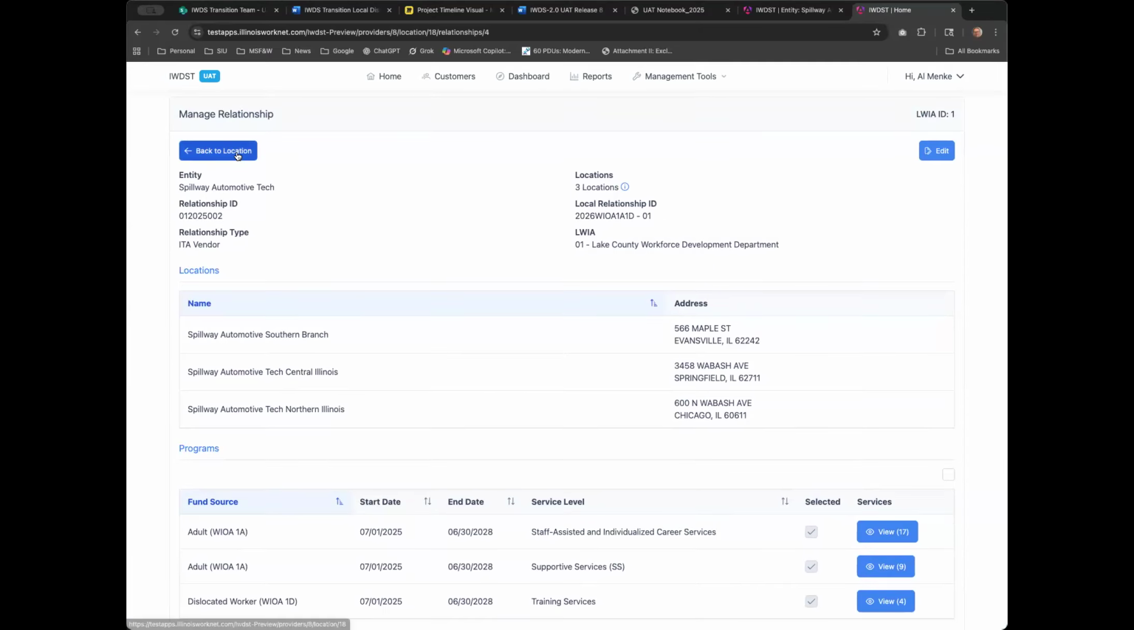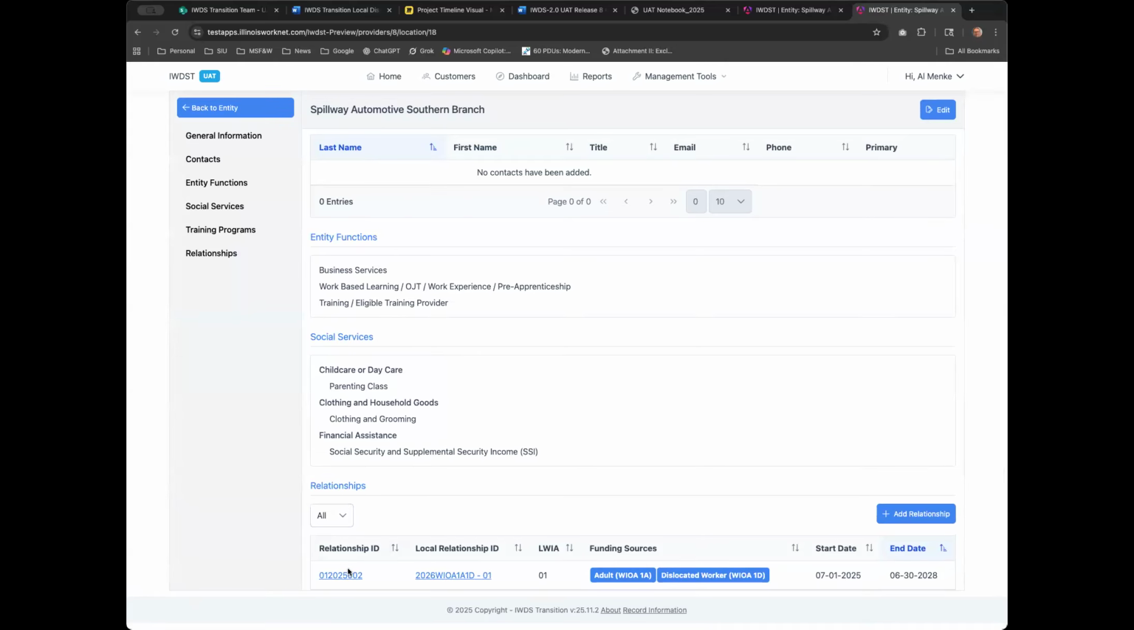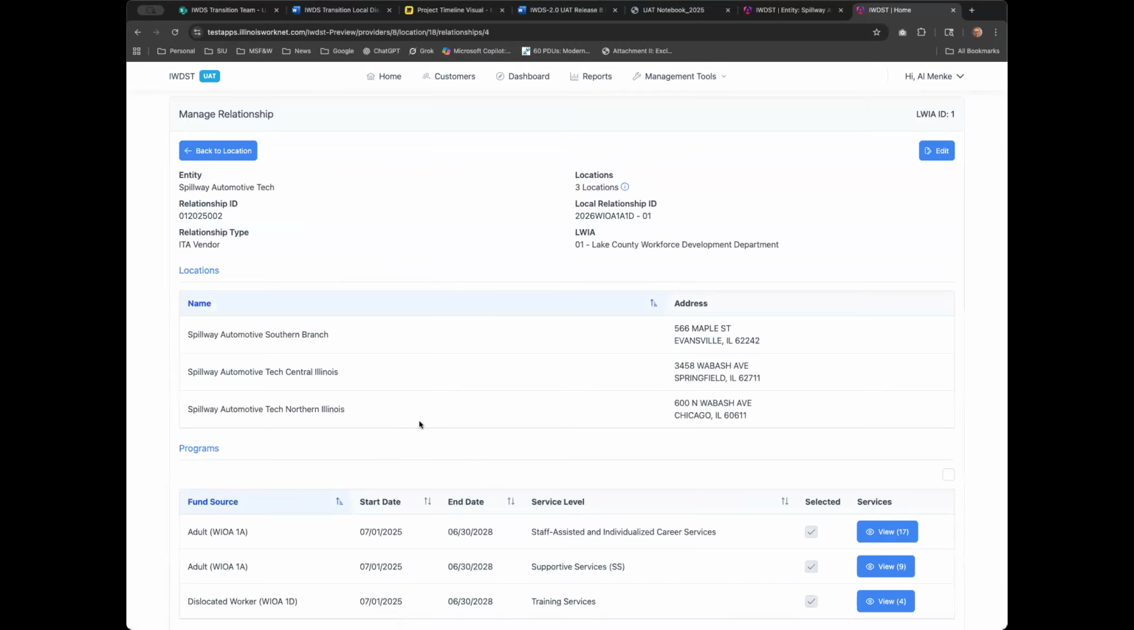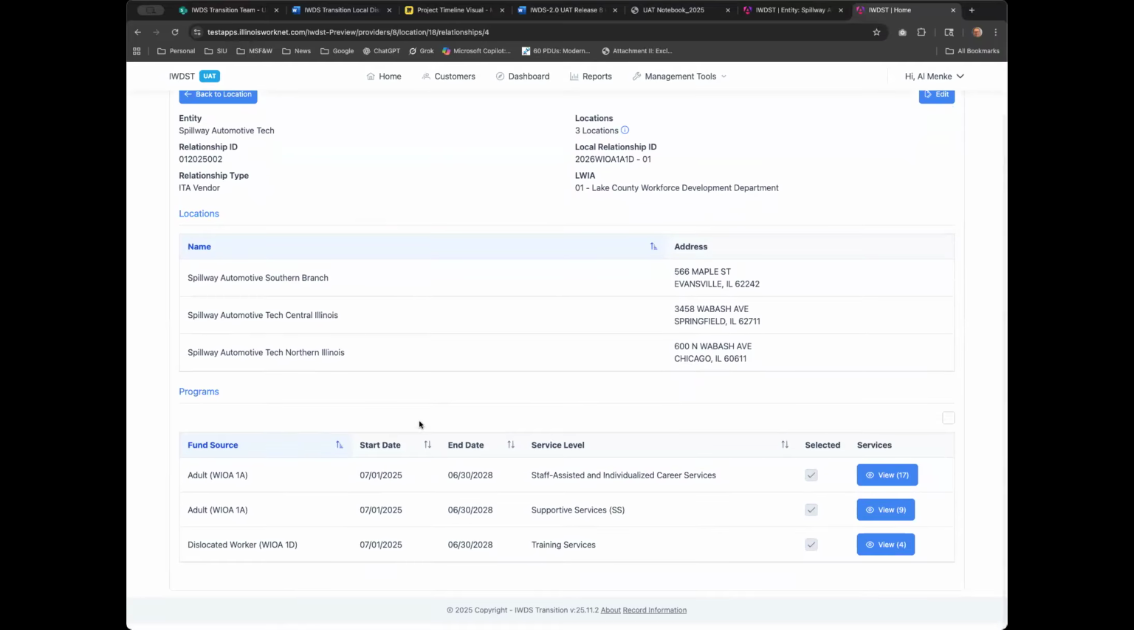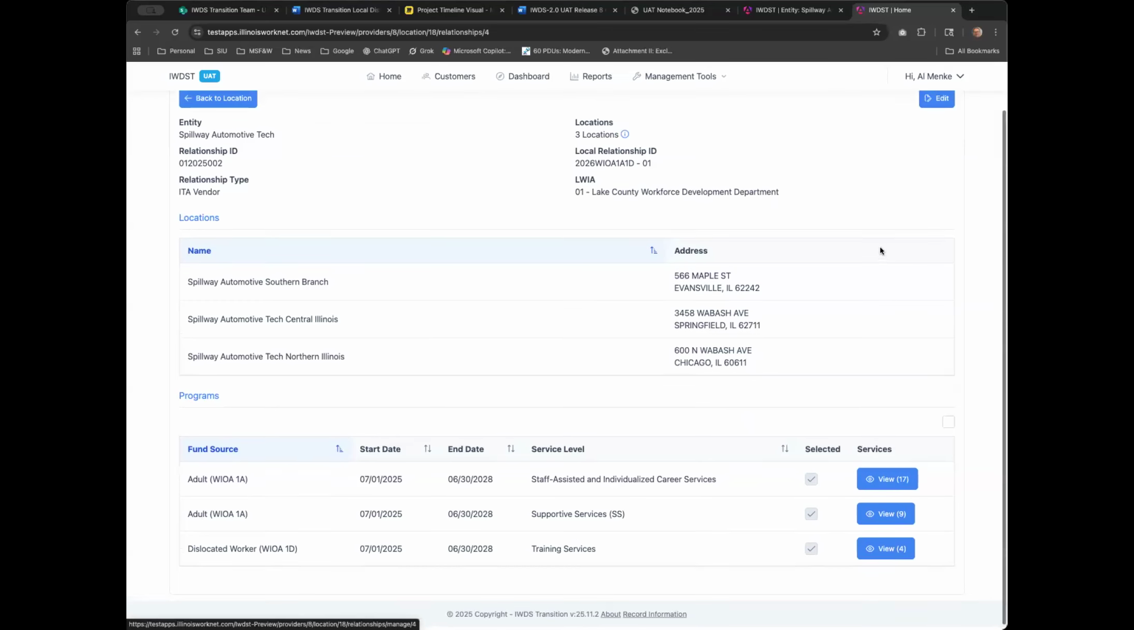And now when I go back to the location, you'll notice that we have one relationship and it has 1A and 1D in it. Now, if the date on one of these is different, and I'll show you that right now, then it shows them to you in 2 rows. So if I came in here to edit this, and I said, okay, I'm going to, let me go to the edit and then go to,